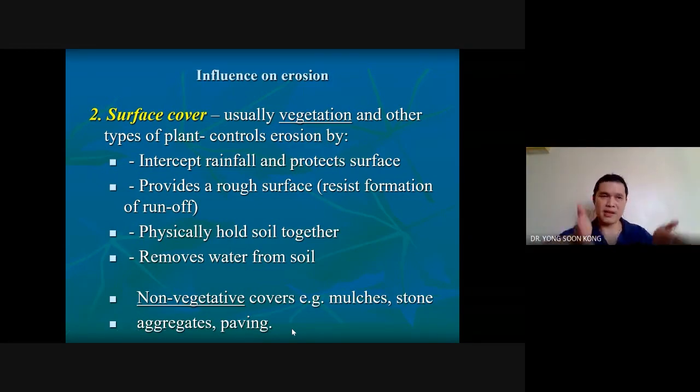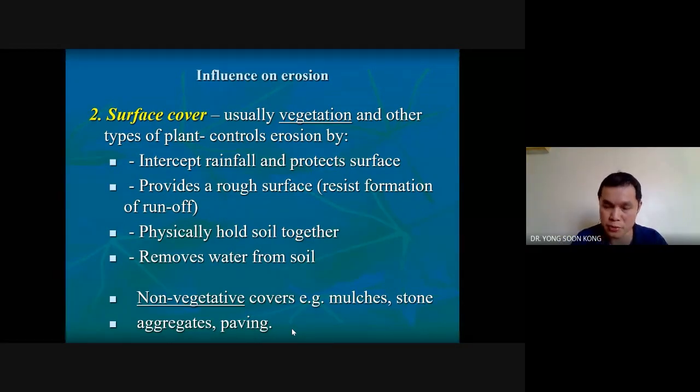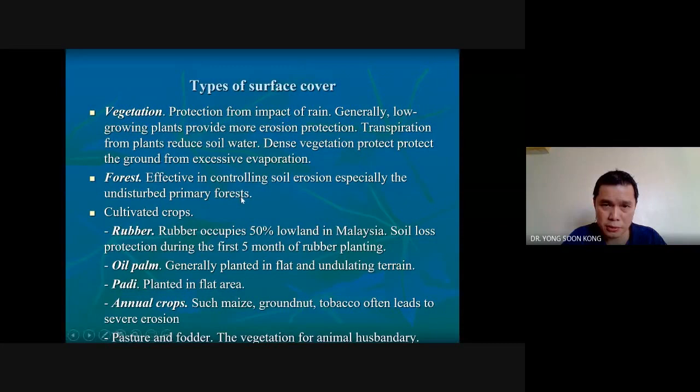I mean the roadside walkways, those are called pavement. Yeah, tepi jalan, where you can walk on top. Those are pavement. And then the building of structures, buildings, is also counted as this one. It's not just road or pavement. Sometimes buildings also count. So different covers have different abilities to prevent erosion. Without cover, you have a lot of erosion. And of course, you are going to look at